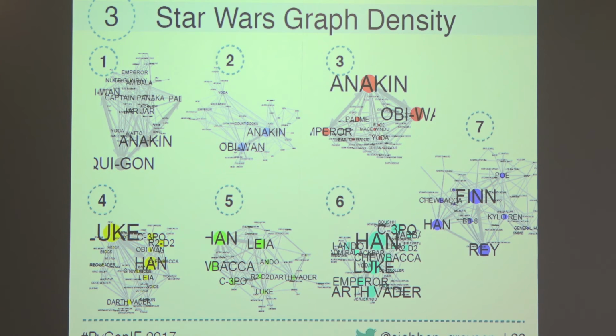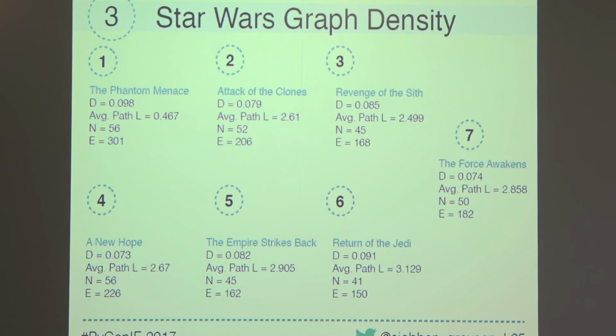So I'm not using the in or the out degree at this point, I'm just looking at plain weighted degree. In this case, Anakin has a lot of in and out interactions again. Obi-Wan Kenobi becomes a bit more prominent in number 2, and then we see the two of them taking center stage along with the Emperor in number 3. And if we actually go back and look at The Phantom Menace, which is the first one,